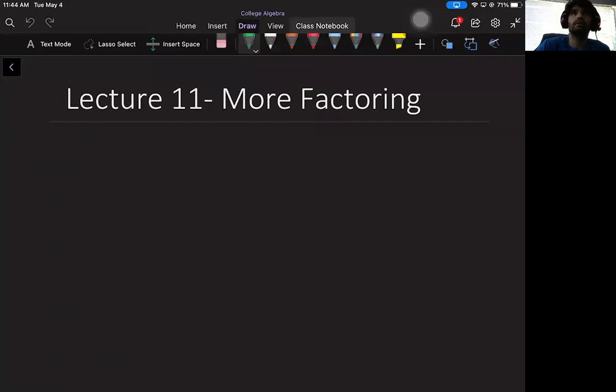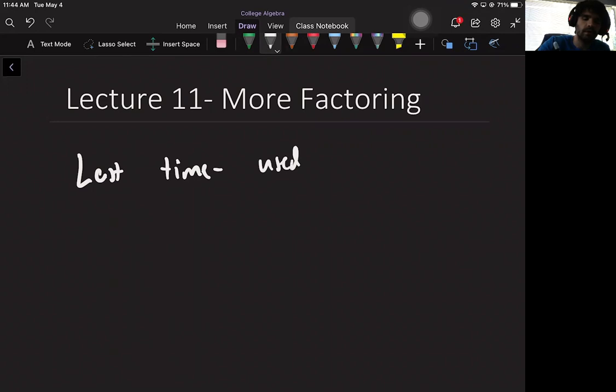Hello class, welcome back. Today is lecture 11 and we're going to do more on factoring, slightly more complicated ones, and then some shortcuts. So last time you may have noticed that this box method, we only used it on a certain kind of polynomial. You may not have noticed. So we used the box method